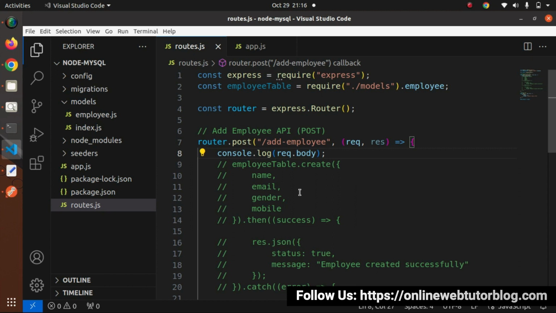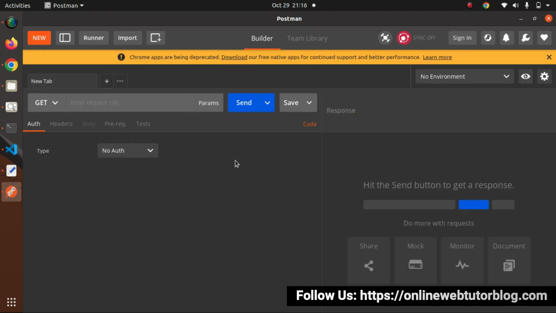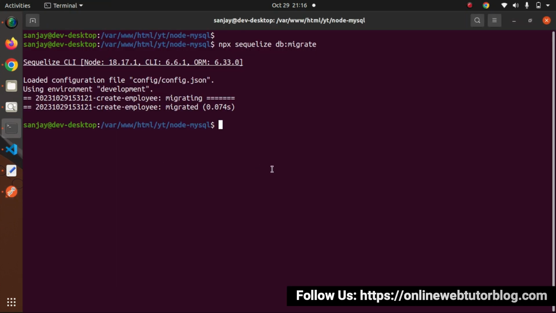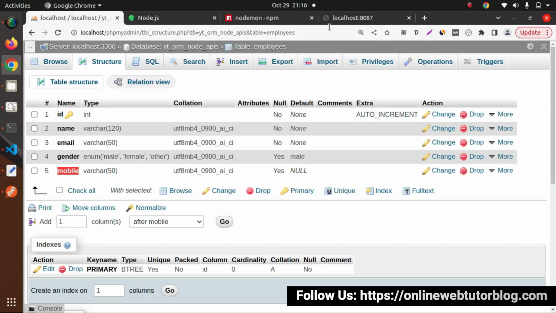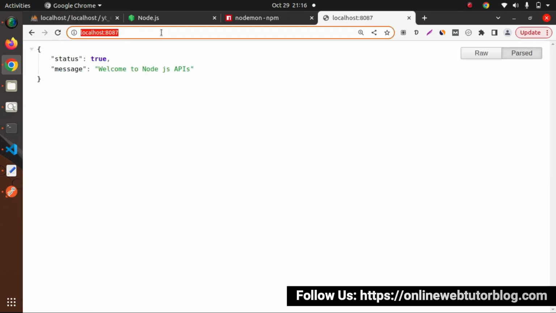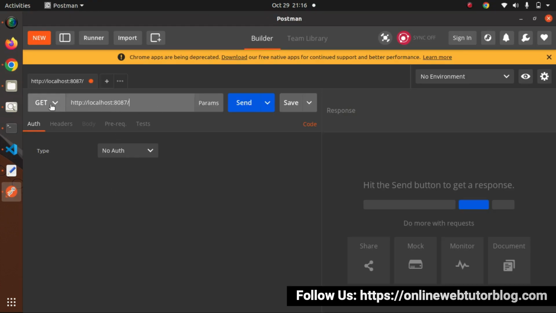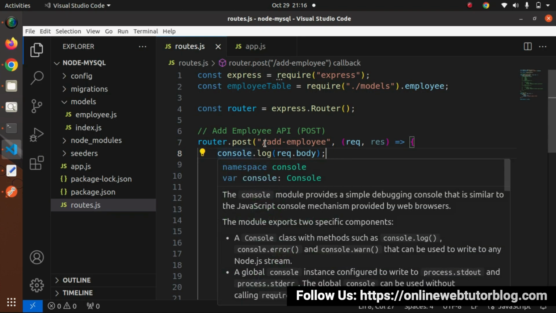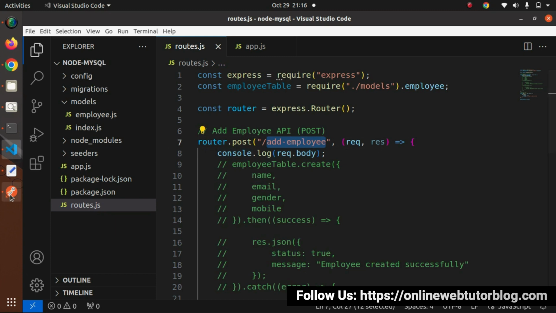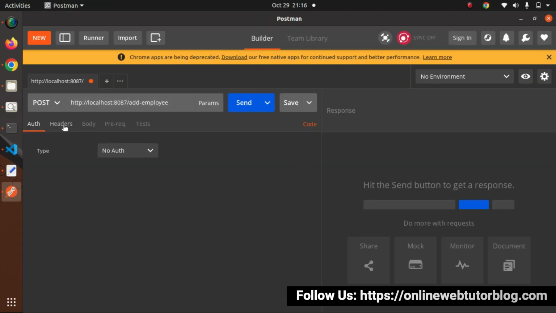So successfully I have opened Postman here. Before executing our post API, first I need to start the development server. So npx nodemon, press enter, application started on localhost 8087. I will copy this project URL and go inside Postman. Inside this URL bar, select the post request type, and after this project URL, I need to type add-employee. So just copy, go here, put it here, go inside headers, let's say Accept, application/json, which is our first header. Go here, select Content-Type,